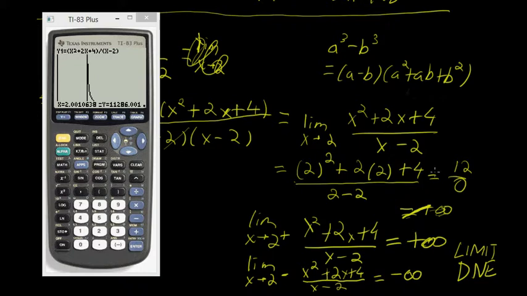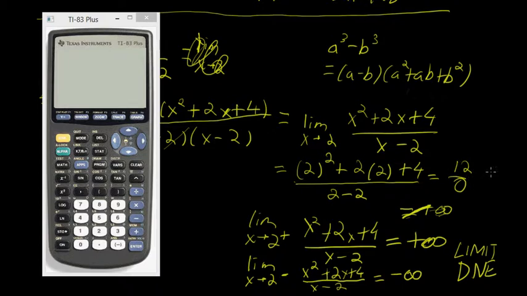But this 12 over 0, so what does that mean? Is 12 over 0 positive infinity or negative infinity? Well, remember that we're really not dividing by 0. We are dividing either by a small positive number when we're approaching x equals 2 from the right, so 2.0001 minus 2 would be a small positive number, in which case this limit would be positive infinity,